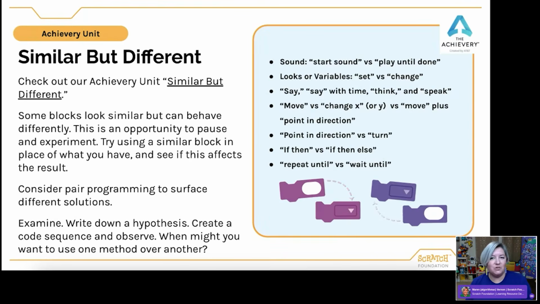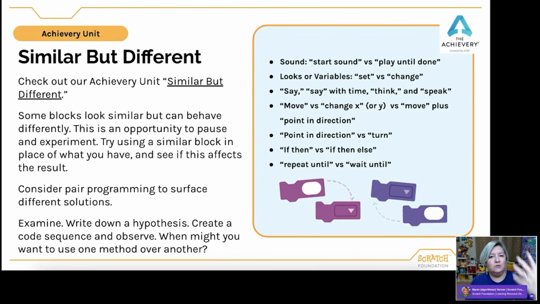One place where Scratchers can get tripped up when starting out is that there are blocks that are similar but different. If you've ever worked in Scratch, you've probably seen some examples of this, like a set block versus a change block. Or in sound, there's a play until done versus start. Rather than quickly debugging by highlighting these alternate blocks and noting what the difference is, I think it's great to first pause and encourage them to look around at the options and experiment. Again, this is sort of hold the tools, keep your hands in your pockets, let them navigate.